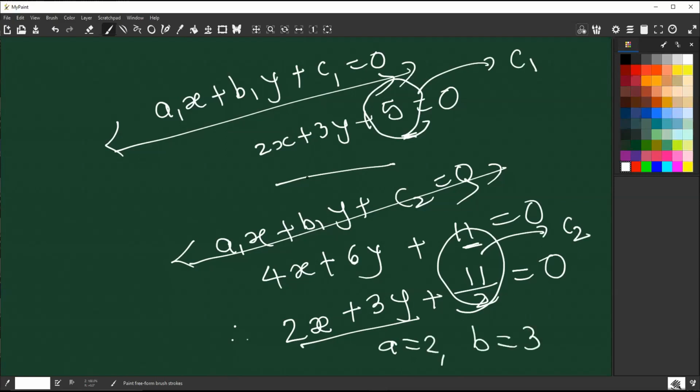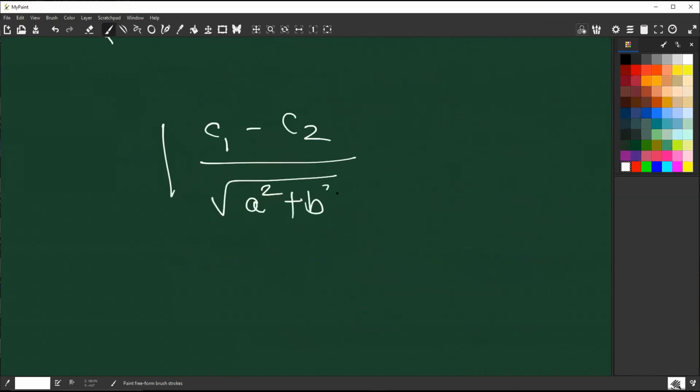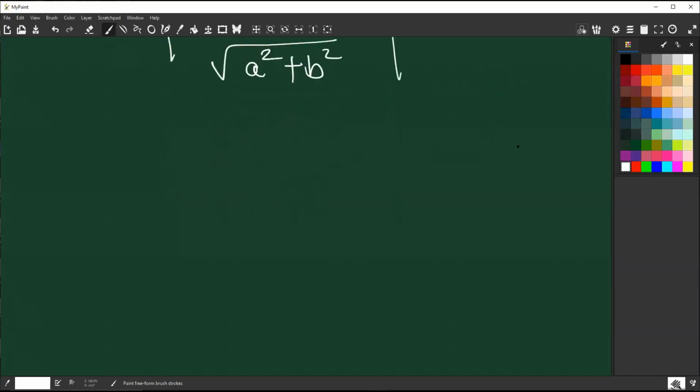So this is my c1 and this is my c2 and a is 2 and b is 3, a1 and b1 में ये, you understand, this is c1 and ये है c2। Okay, so now we say the formula is mod of c1 minus c2 upon square root of a square plus b square, so many units is the distance between the parallel lines। Yes, ratios equal नहीं चलेगा, you have to have the identical coefficients। ये तो बहुत बार गलती होती है। Okay, also came in JEE। I just wanted to tell you the common mistakes which you should not be doing।